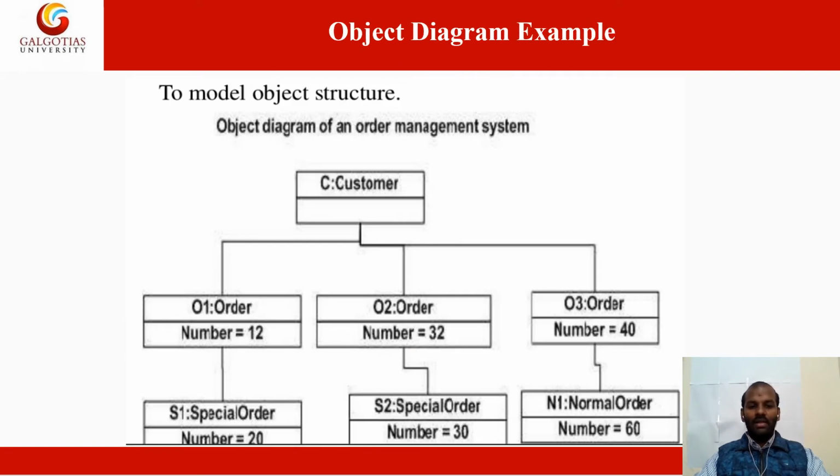Let us take an example. This is your object diagram. As I told you very clearly, there are two portions in a rectangular box. This is the object diagram for an order management system. So customer will be there, orders will be there, order number 1, 2, 3, 4, and n number of orders. Then specific orders S1, S2, till n number of specific orders will be there. Order management is not going to be in a static manner. This is dynamic, and instantly an order may be created by the customer.